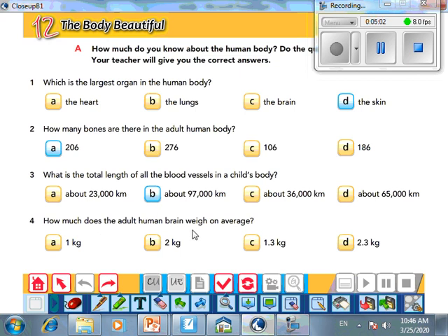How much does the adult human brain weigh on average? 1 kilogram, 2 kilograms, 1.3 kilograms, or 2.3 kilograms? Yes, 1.3 kilograms. Okay,